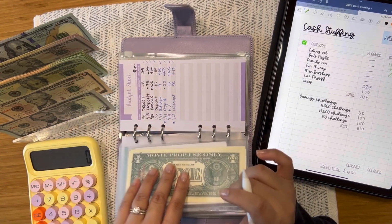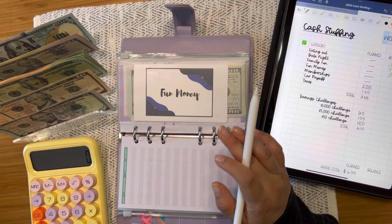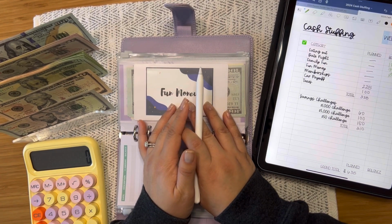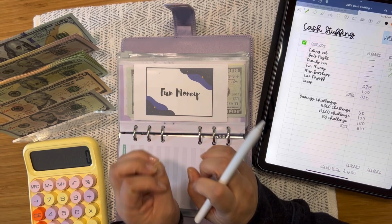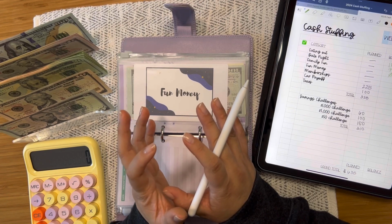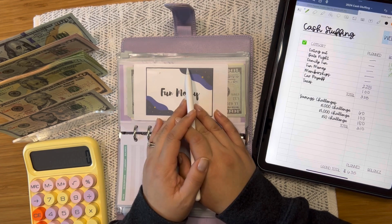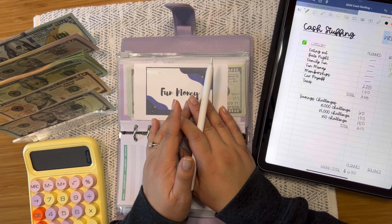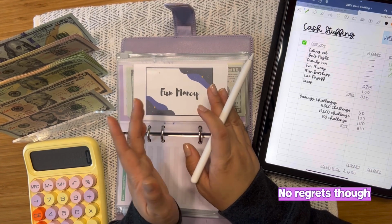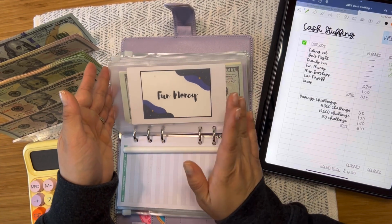Fun money. Now I did have one spend day last week, and again, my weaknesses are experiences, and I really don't do well in high pressure situations. So when tickets for something are released and it's a limited time and they're going to sell out fast, I just tend to lose control a little bit and I buy it because I really don't want to miss out. So fortunately, I did have the funds to cover it, but it's just one of those things that I wasn't expecting to spend money on this month, but it is what it is. And I did count it against my no spend challenge. So